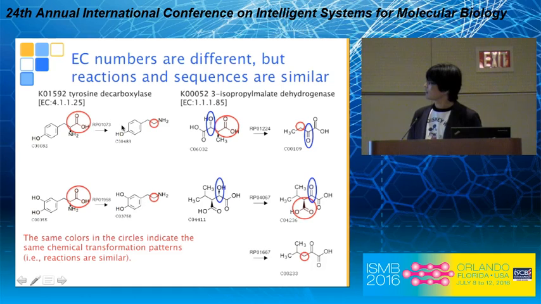So these reactions are catalyzed by different enzyme orthologs, but they have something similar in terms of reaction characteristics, despite the different EC numbers. Not only that, these enzymes belong to different orthologs, but in terms of the Smith-Waterman scores of the protein sequences, in fact, they are sufficiently similar to each other, and these details are explained in our paper.